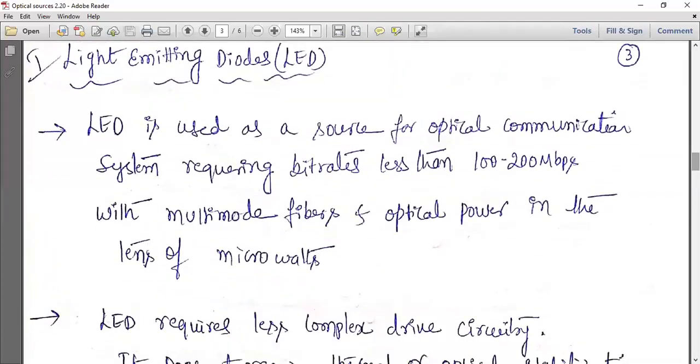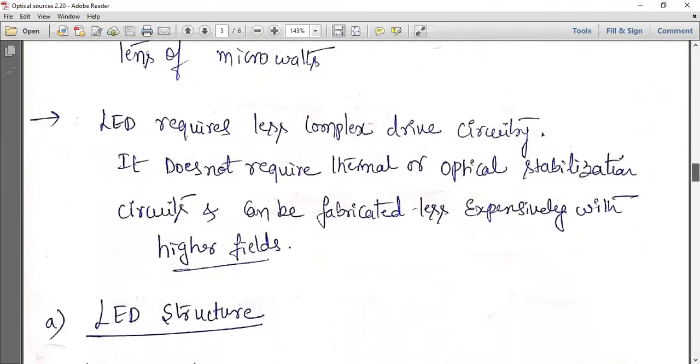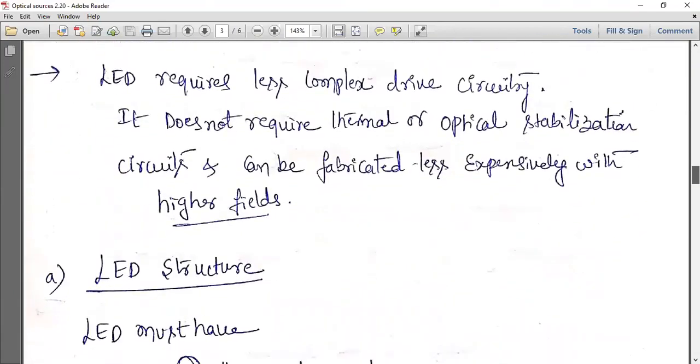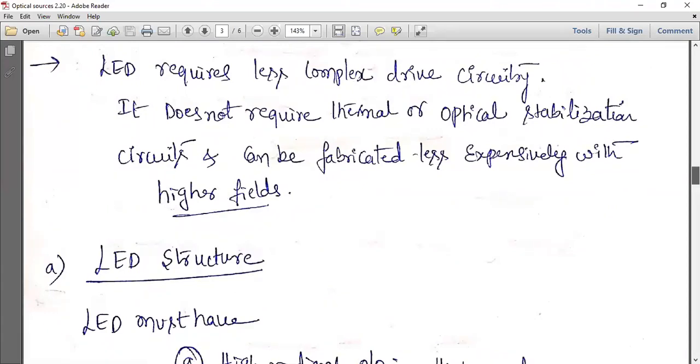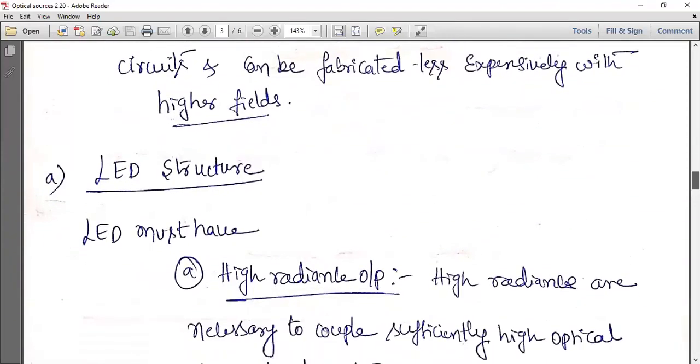In the last classes, we discussed that LED is suitable for short distance applications because it generates light in a somewhat wider band compared to a laser. Laser is a highly coherent source. It generates a very coherent and very directional light beam. But in case of LED, the light will spread to a wide range, so it is for short distance communication. LED requires less complex circuitry, and thermal stabilization is not required, so heating will be less.